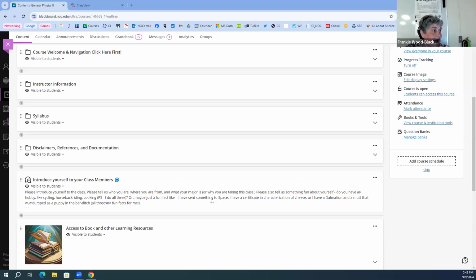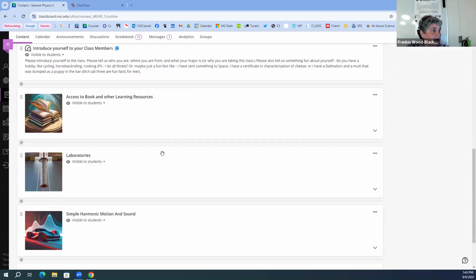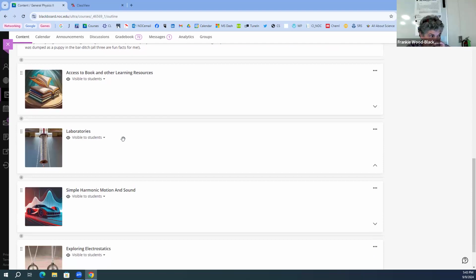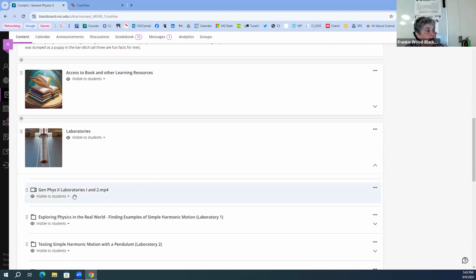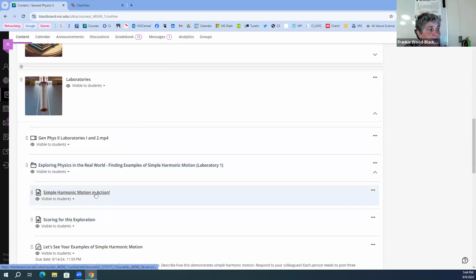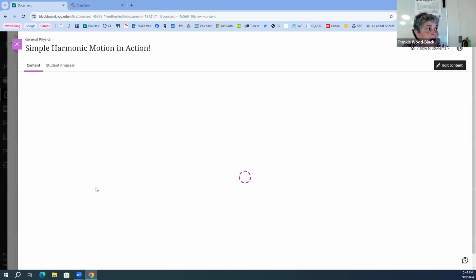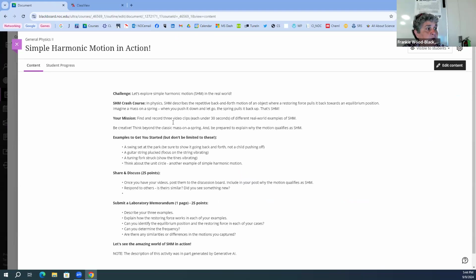But for our lab, we're going to be in here. We're going to use this as our laboratories. This first laboratory, you do have an introduction to the first lab, and we'll go through that right now as well. In this first lab, you're going to be finding 3 examples of simple harmonic motion. So when you open this up, basically what I'm looking for is for you to find